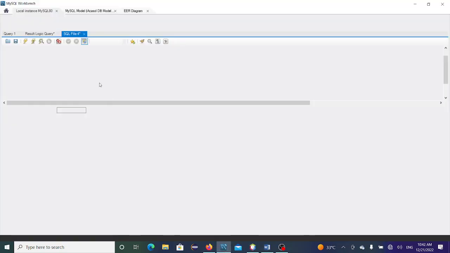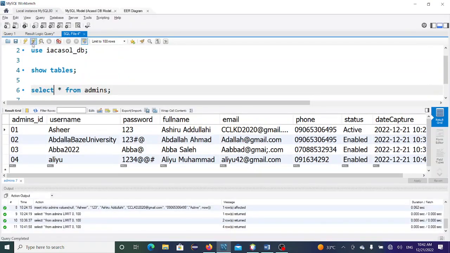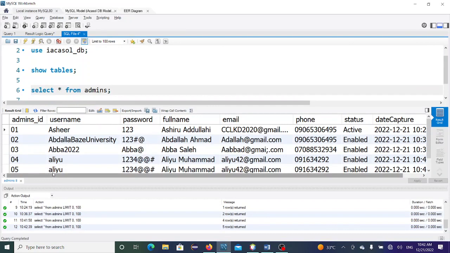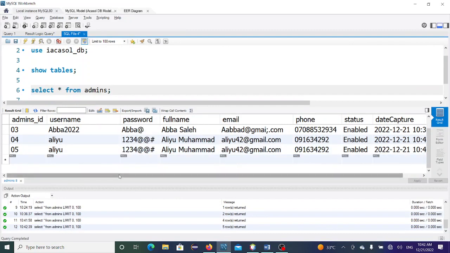So let's check again. Can you see something here? Aliu double, same information, duplication of row in the table, which is very wrong. So this is what we're going to be dealing with next time: the validations, client side, and